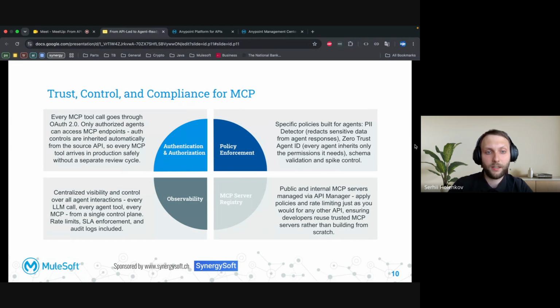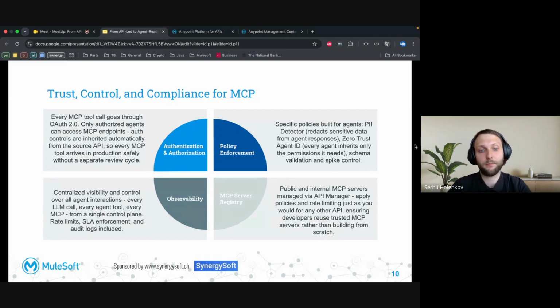But AI agents introduce a new type of enterprise risk. And the question is no longer can we connect agents to our systems, but can we trust them at scale? And of course, it starts with identity. Before an agent can do anything, we need to know who it is acting for and what it is allowed to access.